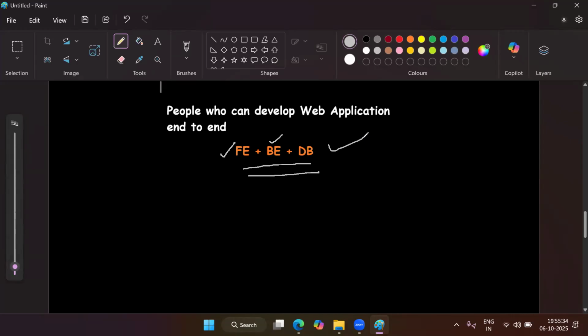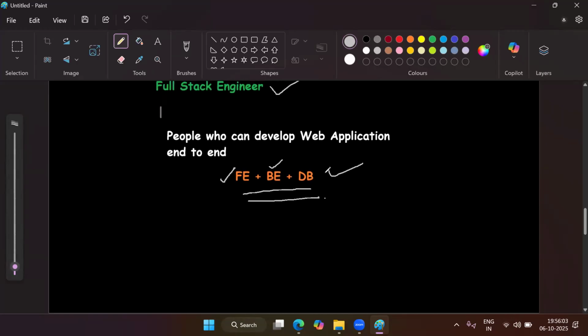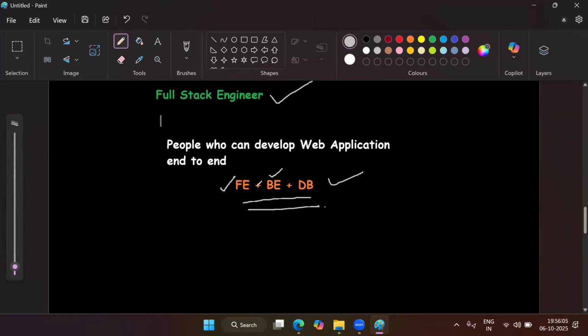Once we develop the application from scratch, then I will show you how we can use ChatGPT and how we can speed up our development, how AI can help us develop the application at a faster rate. But you should be able to use AI only if you know the technology. If you are a fresher, don't use AI while learning. You have to use AI while developing in real time. While learning, don't use any kind of shortcuts. Here we are not going to use any AI, everything we will write from scratch, including our CSS code.